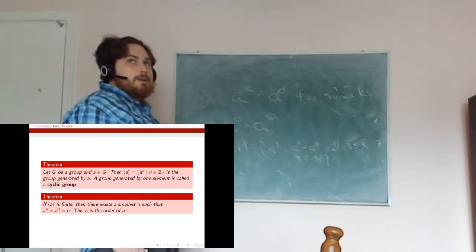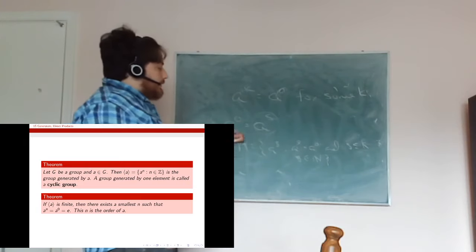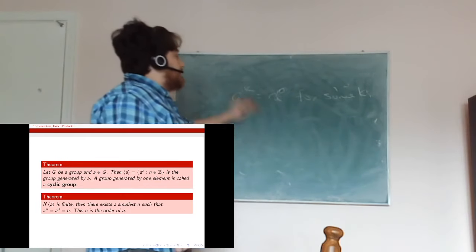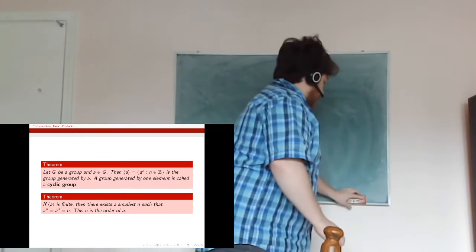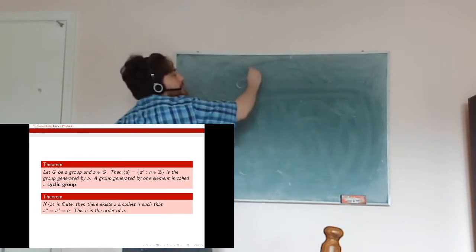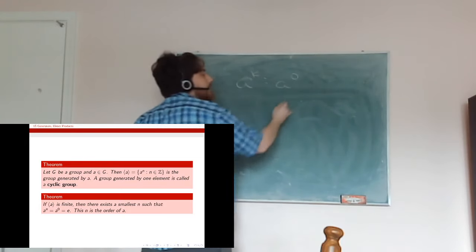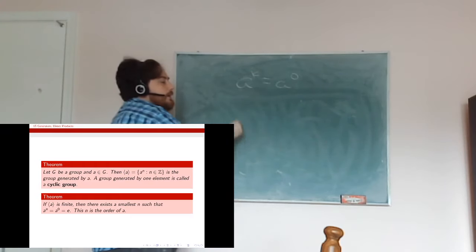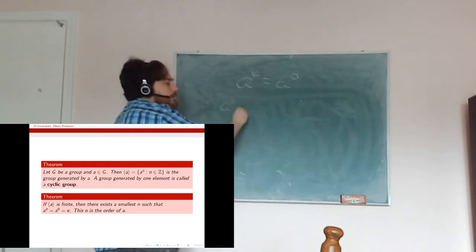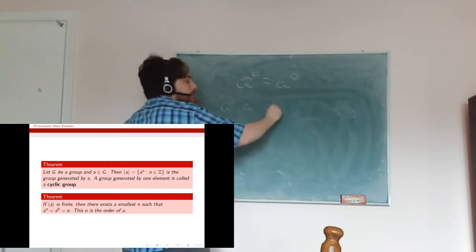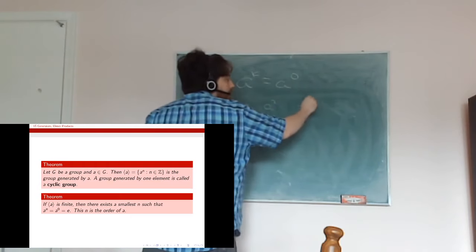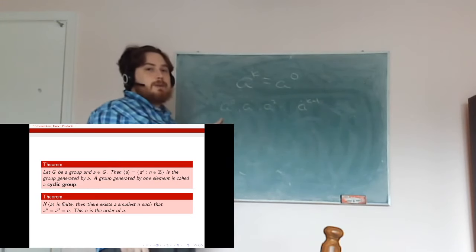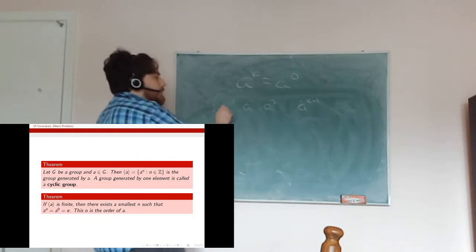And in fact, that's going to be precisely equal to the size of the group generated by a. So just as a note, let's suppose a to the k equals a to the 0, and k is the smallest such element. Well, then I know that my group has to have a to the 0, a to the 1, a squared, up to a to the k minus 1. Notice a to the k would just be a to the 0, so we don't have to rewrite it. And each of these would be distinct